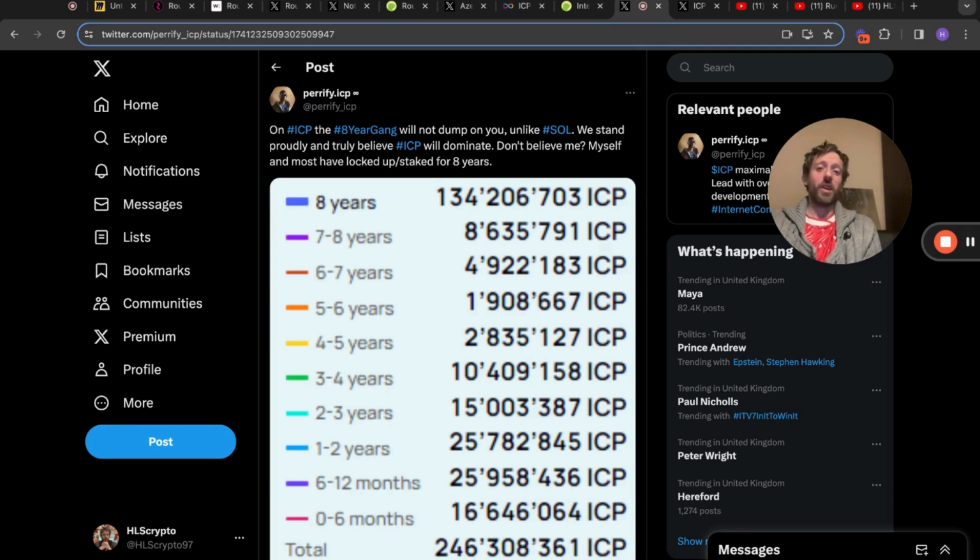So, well done if you can live the rest of your life in the next 8 years and not require those 134 million tokens. Hats off to you. So I won't be staking it. I'll be holding it because I'm going to want to buy it and sell it in the bull, and maybe repeat that again in the next bull run, but I'm under the impression that this is kind of the last big bull run. So maybe we won't be doing that come the next bear market, but we'll see.